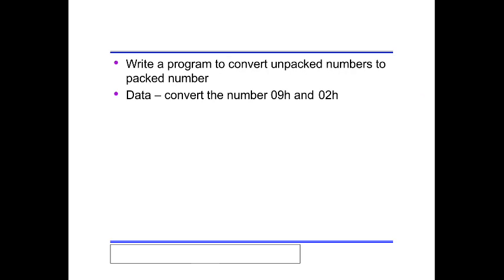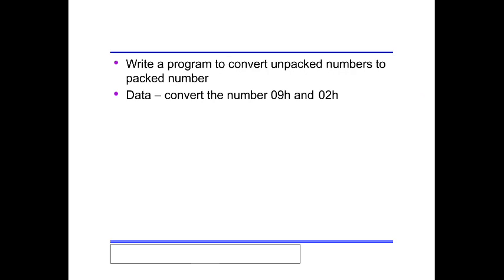Generally, even the OR operation is used to set certain bits of an operand to 1. Because OR means 1 plus something is always you'll get it as 1, right? So to set to 1 you'll use OR operation, whereas AND operation to set them to 0. 0 into something is always 0 in AND. So wherever you require to make them 0, for example, you have seen this program, right?